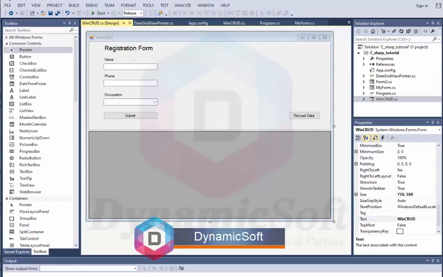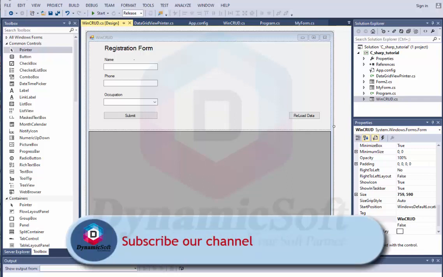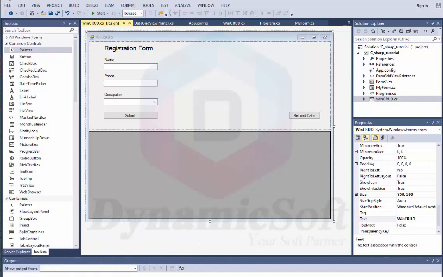Welcome to another episode of C# and Windows development. Last tutorial we covered CRUD operations: create, insert data, update data, delete and retrieve data using SQL Server with a Windows application. Today I will show you how to display data in ReportViewer and how to design an RDLC file. So let's get started. When I run this application, right away it's